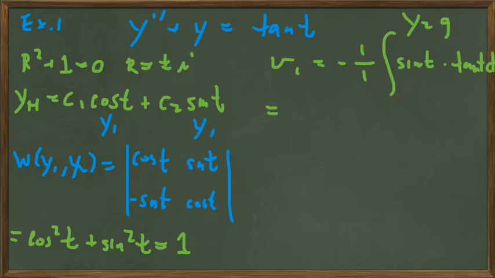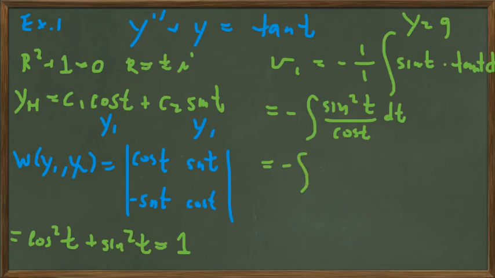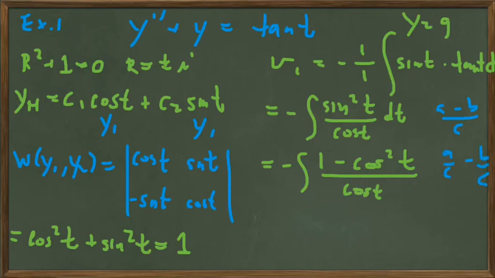Well, let's rewrite it. Minus the integral sign, tangent is sine over cosine, so it's sine squared t divided by cosine t, which we can't integrate in that form. But if we rewrite sine squared as 1 minus cosine squared t, and then it's divided by cosine t. Recall that the expression a minus b over c is a over c minus b over c, and so the integral becomes